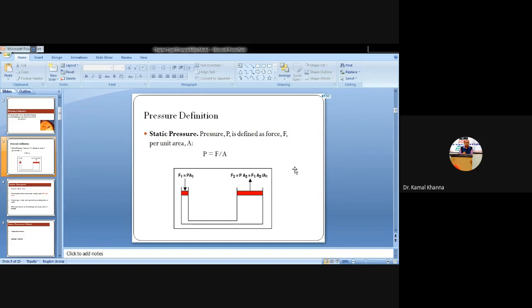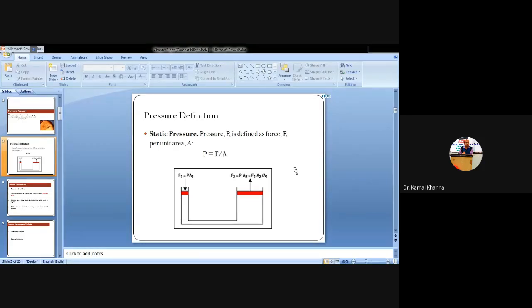Whenever you are applying a smaller effort, you can see in the diagram, on one side of the tube we have a smaller diameter, and on the other side of the tube we have the larger diameter. And whenever you are applying a smaller effort, it results in a larger output effort. Why does it exert a larger effort? Because you can see the area is more, and when the area is more, the pressure will be less, but you are getting more force because F is inversely proportional to the area. As soon as the area decreases, the force will be more. But when the area decreases, the force will be less.